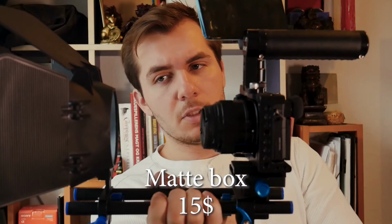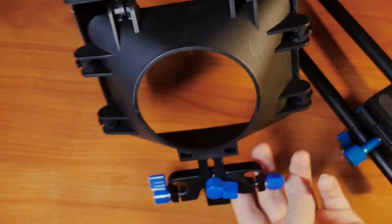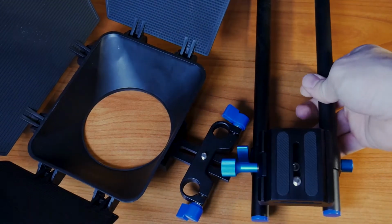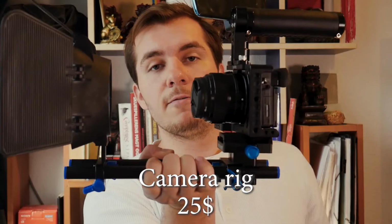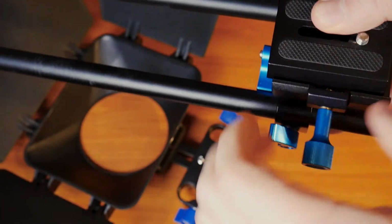Or actually a few bonus items, because I actually put them together and created this. Now this consists of a few items we have not covered yet. One of them being this matte box, the cheapest one I could find. It was $15. You can also get some that are as expensive as the camera, if not more. I did not need that. And the second item is the rail rod system, which it all stands on. It was $25. Also one of the cheapest I could find, but it also has a quick release, so that